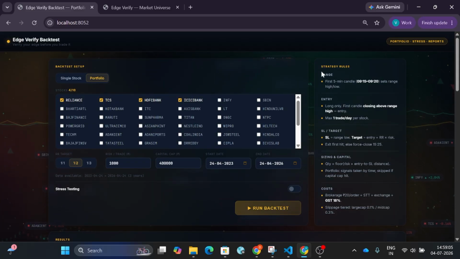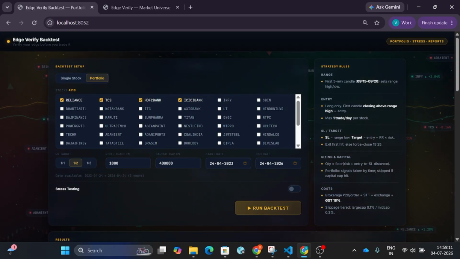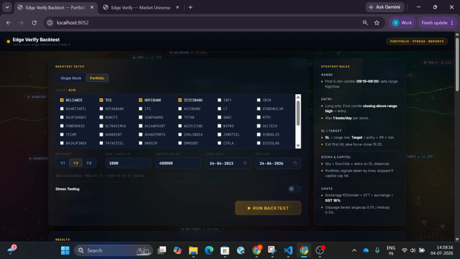Right now I have strictly added only the 5-minute breakout strategy, but later anyone can make their own strategy, and after making the strategy, can backtest it. These are the features I'm going to add. This is in progress right now.